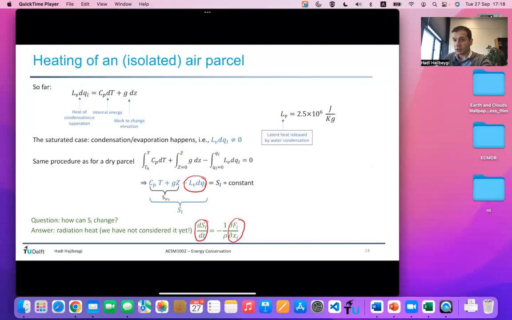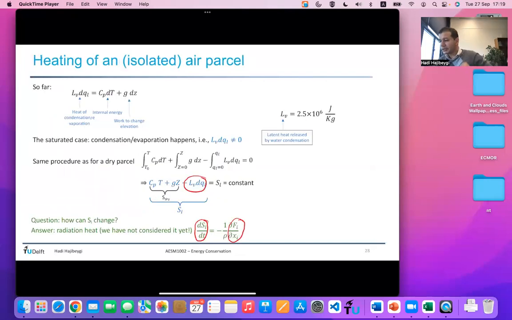And energy conservation holds. So it's not about only condensation or evaporation. It's not just about the work done by expansion because air is compressible. It's not just because of the work done by change of the elevation. It's also because radiation takes place. We neglected that, but if we add it, again, it would be simple mathematics. We need to add the amount of radiation heat flux into the system, so we account for the right energy balance in our system.